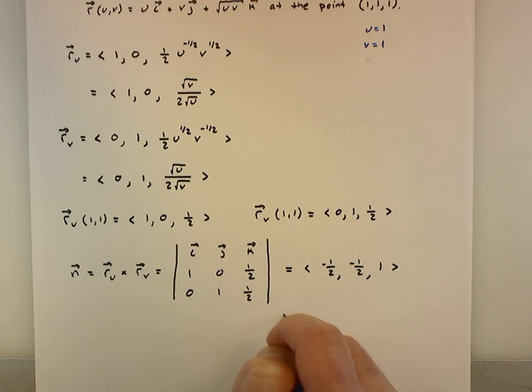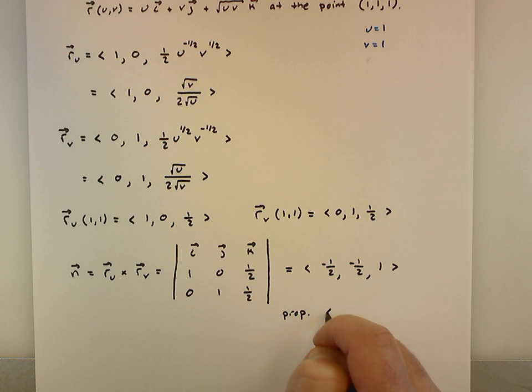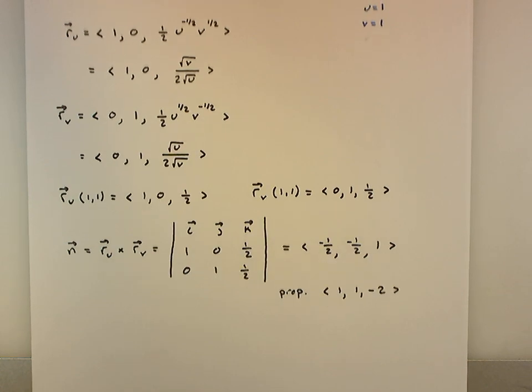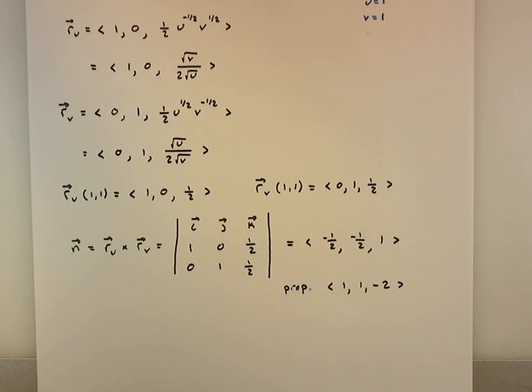So this is proportional to the normal vector 1, 1, negative 2. Which means the equation of the tangent plane